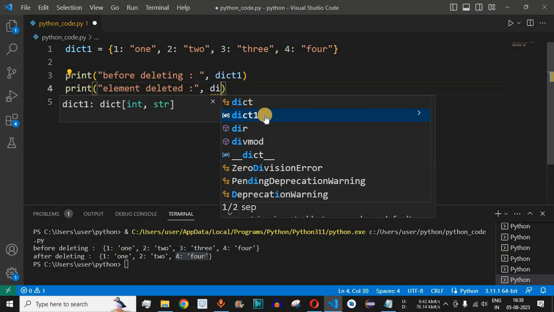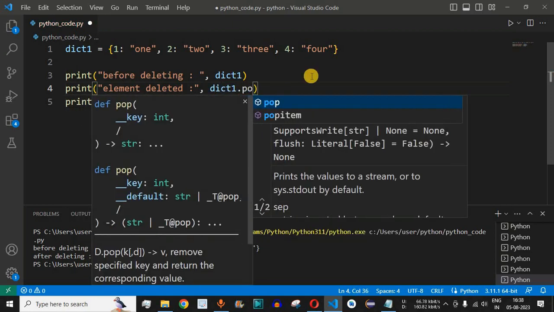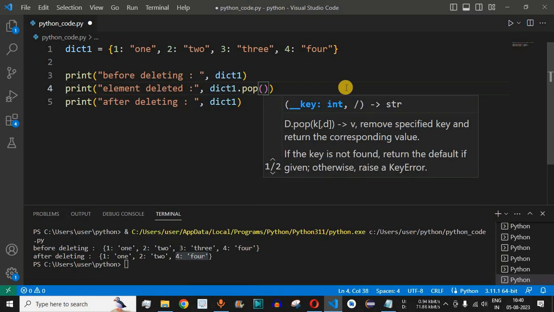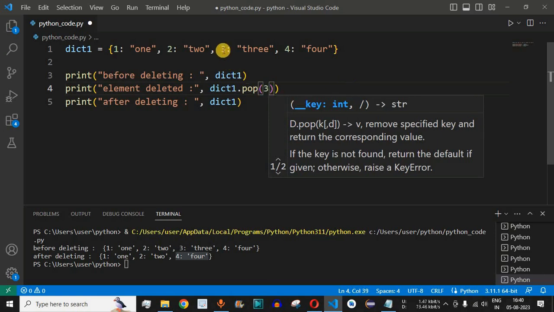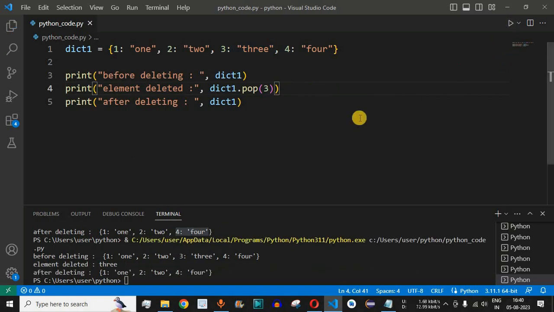In this case it is dict1, followed by a dot, and then we have the pop method. So guys, this is the inbuilt method related to the dictionary variable that can help us remove the key value pair. We will use this method, and this method expects the key to be the parameter that needs to be passed in order to delete that key. So we will provide the parameter as 3 because that is the key that we want to delete once again. Let me just save this file now and try running this code once again.